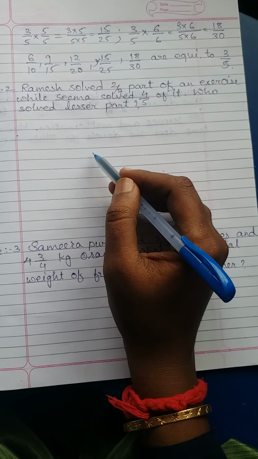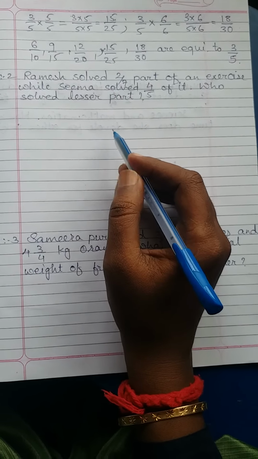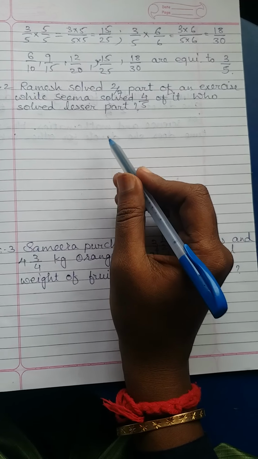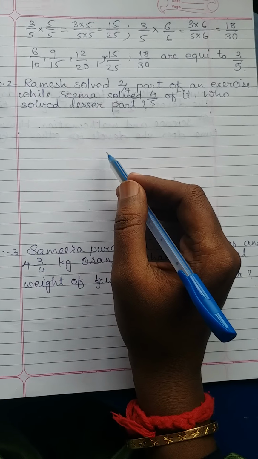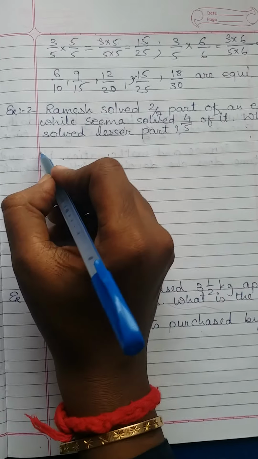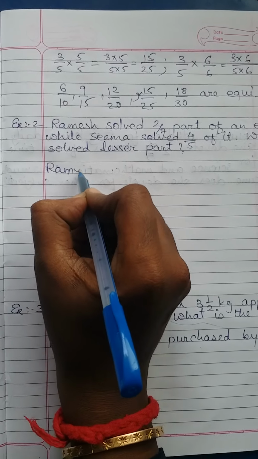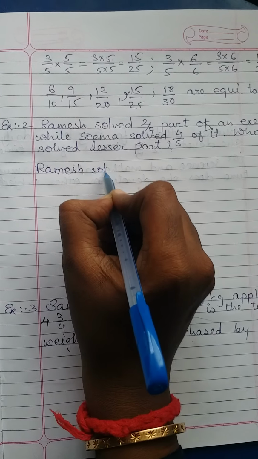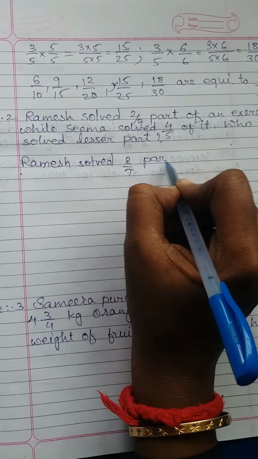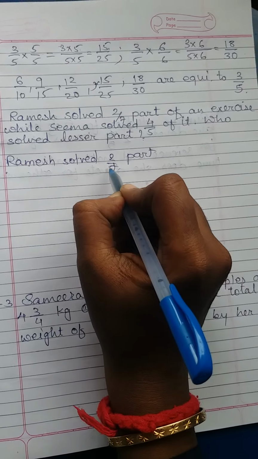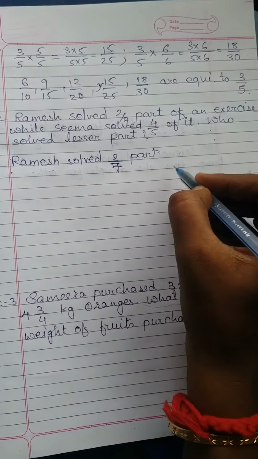For this, you must compare fractions, and for comparing fractions, the fractions must be in like fractions form. So first we will convert Ramesh solved 2/7 part,